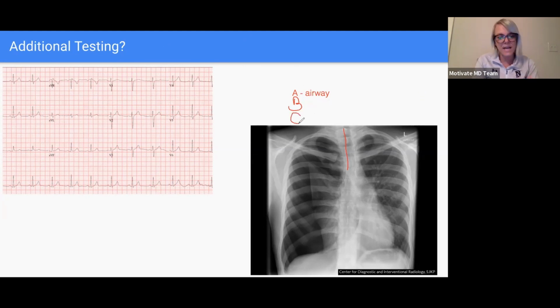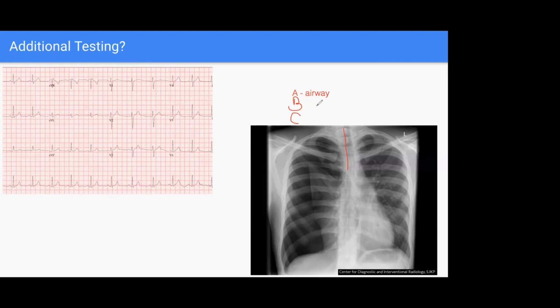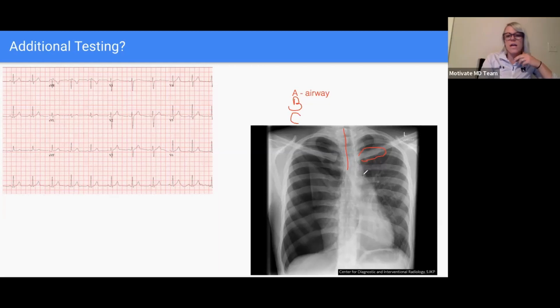But there's something screaming at us, and we're not going to be doing all these calm, cool, collected things right now if we see this on our chest X-ray. I want to see if anybody sees it before I point it out. If you see it, go ahead and point to it. You can pull out your pointers and point to it on this X-ray. I think I do. The heart is pushed way to the right, and it's a bit enlarged, so it doesn't look quite right. Good. I agree with that. I think the heart is pushed to one side, but there's something else on the chest X-ray.